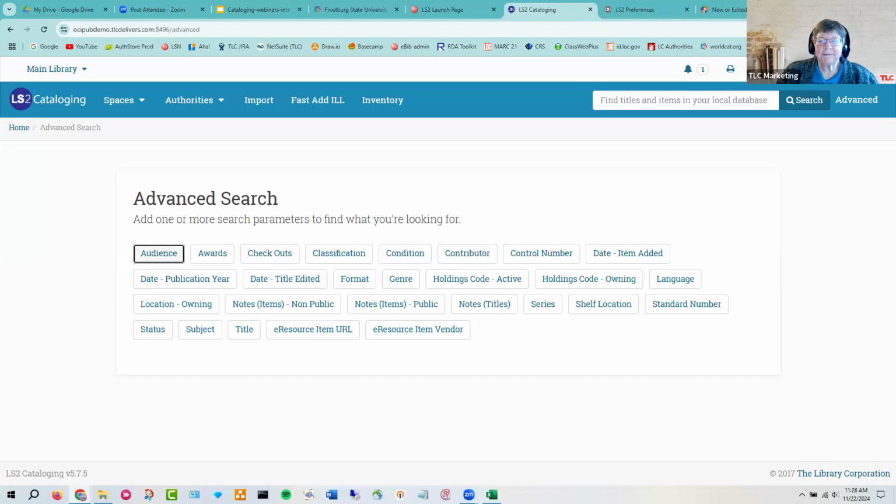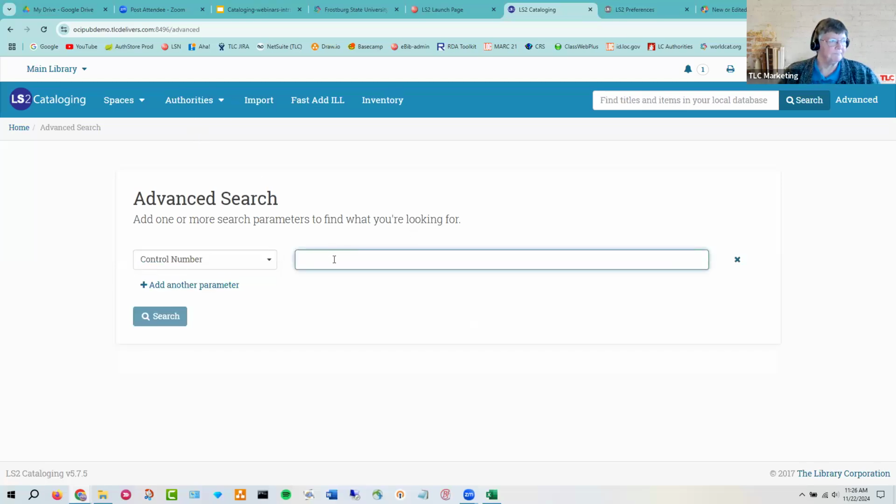There we go. There is an idea in LS Ideas, and I'm going to post this in chat for you to add a vote if you wish, or a comment to support development of this option. The product manager teams have talked about adding an option in LS2 cataloging where you can, I don't know if it'd be an advanced search or it might be in a title space where you would,